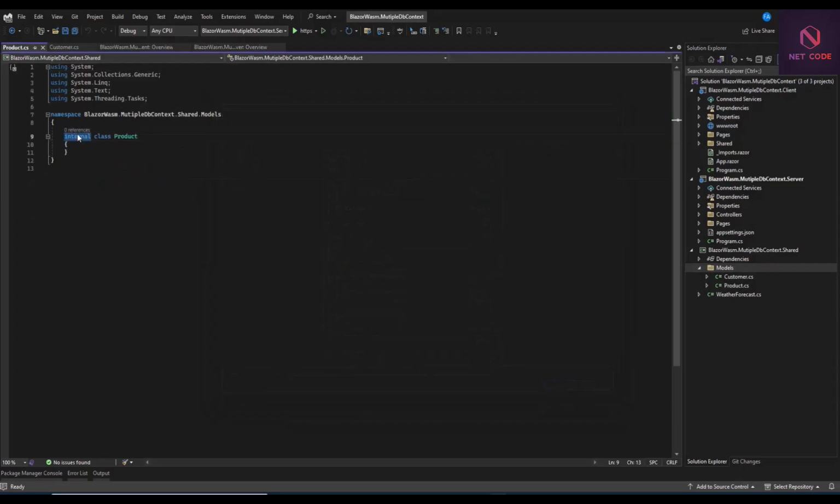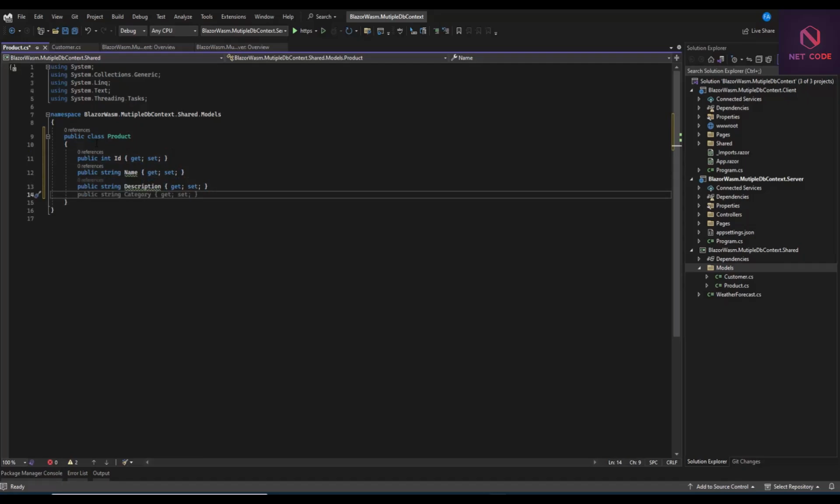So here make it public, and now you can have an ID, you can have a name, maybe a description and categories. Okay, so you want to have this name, you want to have a description, and maybe you can add price. So here you can make it a double, and let's do price. Okay, now the next thing that we want to do here is,